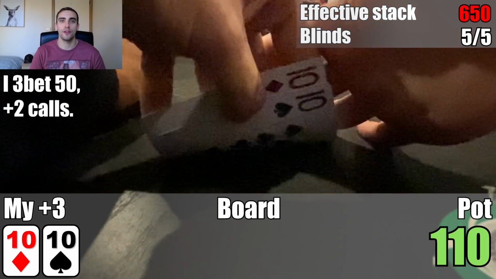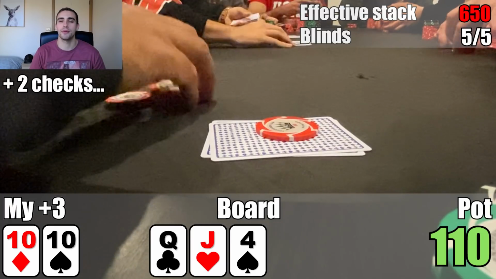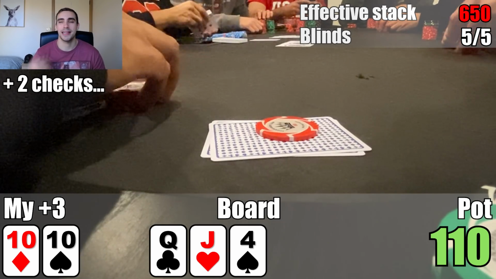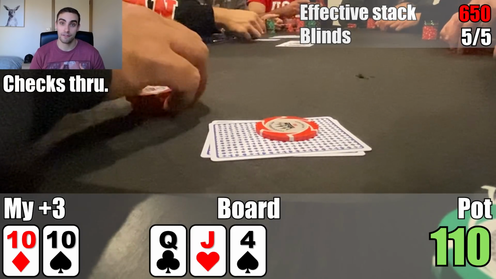So we're heads up to a flop of Queen Jack 4 Rainbow. The opponent checks. I definitely think I should be checking on this board with pocket 10s. I want a better, stronger range of hands on this board in particular. And potentially, if we do check a hand like pocket 10s here, we're going to induce bluffs from my opponent on the turn. So I decide to check it back, and we do get a free turn, which is the